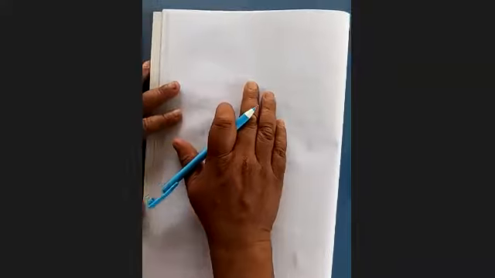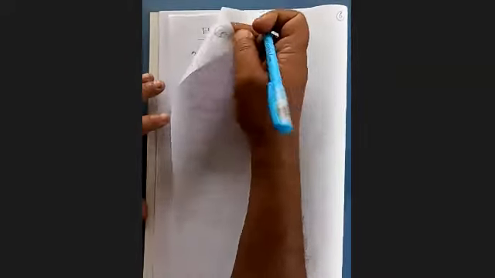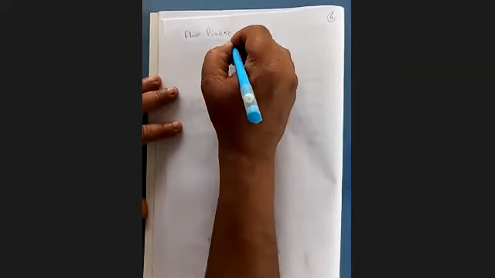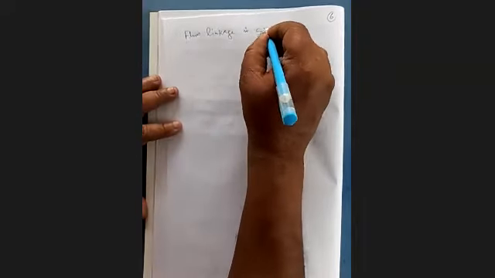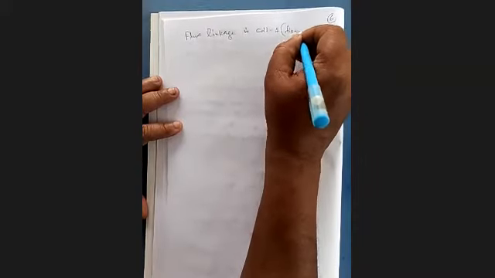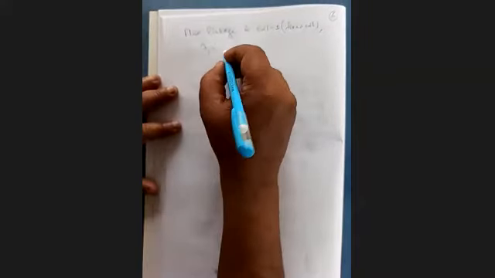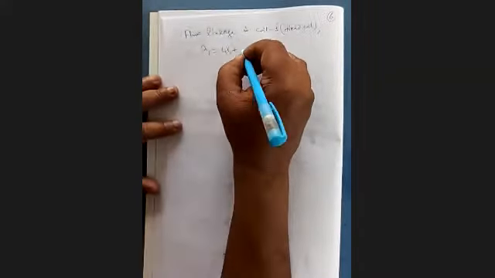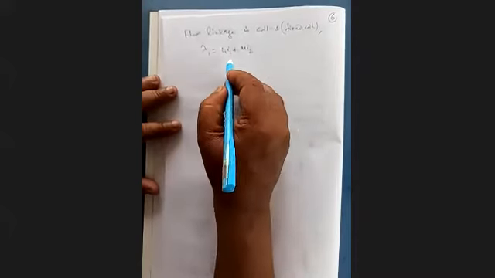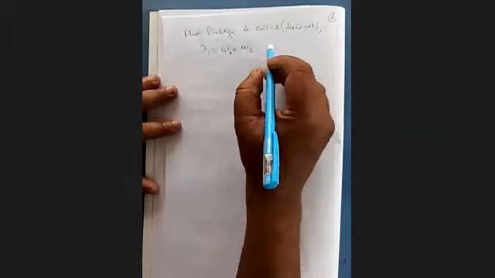Now I go to the next page, page number 6. Okay, we are almost at the end today. So what is the flux linkage in a coil? Flux linkage in coil 1, coil 1 means the fixed coil, is given by lambda 1. It is equal to L1 I1 plus M I2. I1 is the fixed coil current, I2 is the moving coil current.